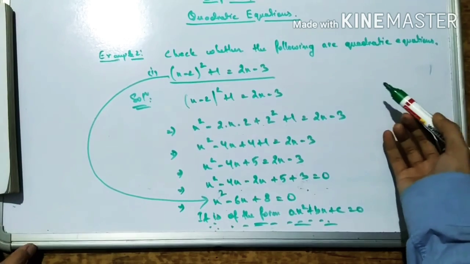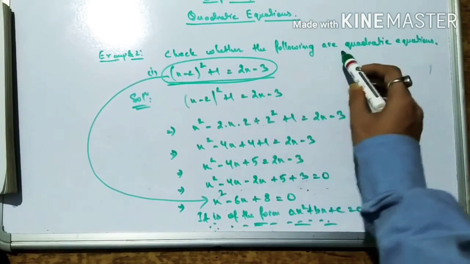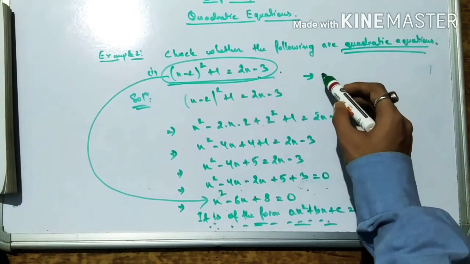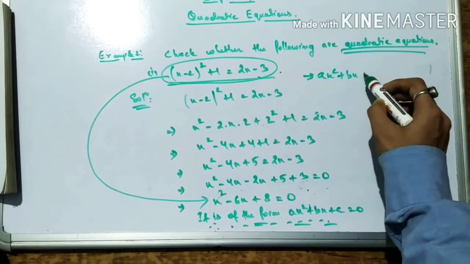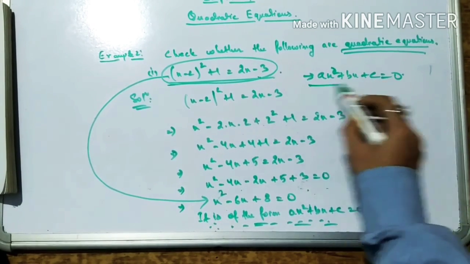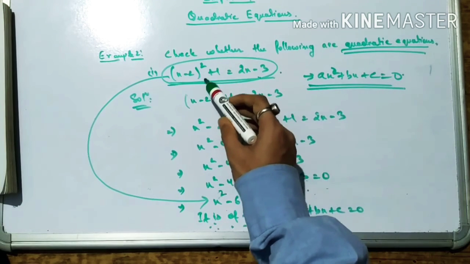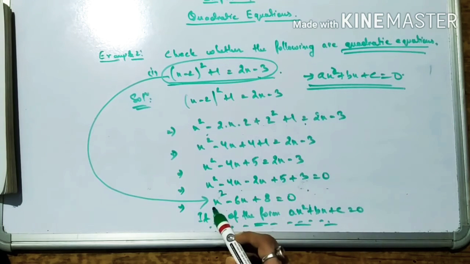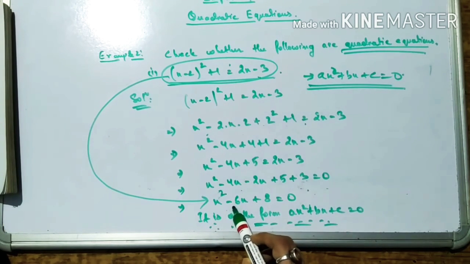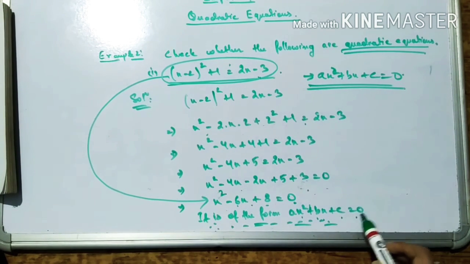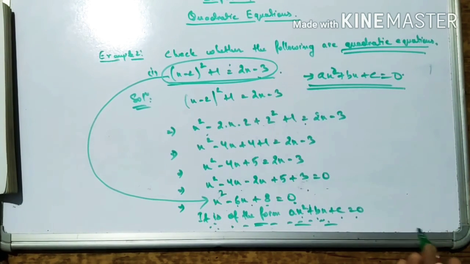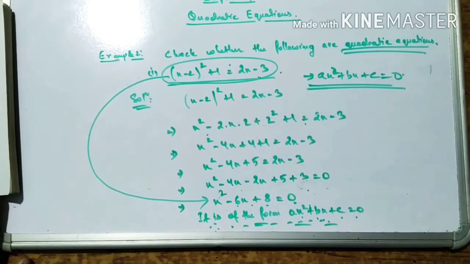Understand, your question is only asking whether this equation is a quadratic equation or not. That means can I write this equation in the form of ax square plus bx plus c is equal to 0? Can I write it in this form? So what I have done here is I broke it using the formula and solved it, and I showed that I can write it in this form: x square minus 6x plus 8 is equal to 0, which is of the form ax square plus bx plus c is equal to 0. So therefore the given equation is a quadratic equation. Next I will see number 2.